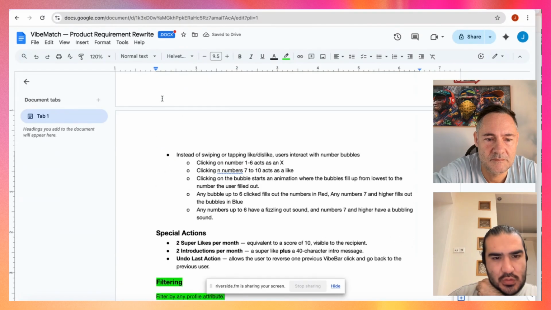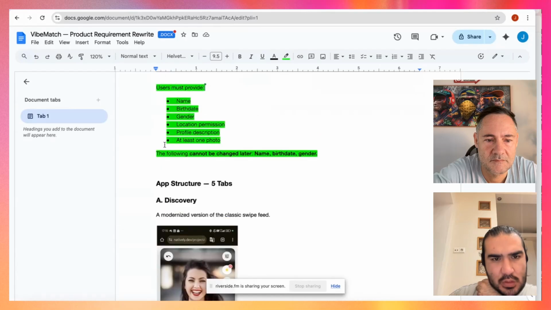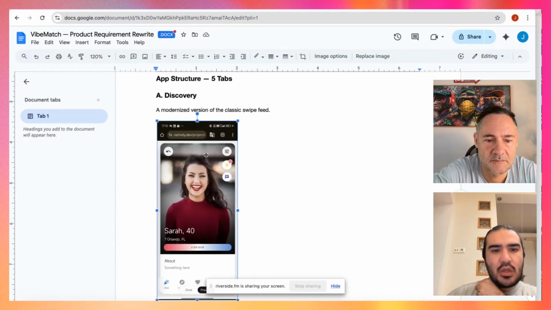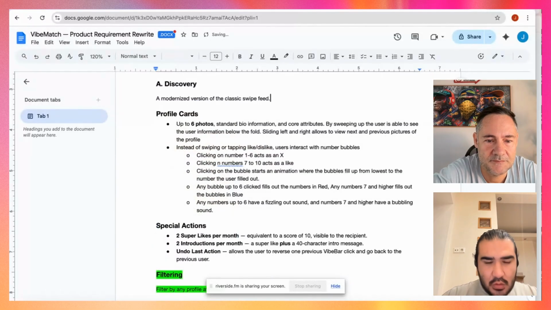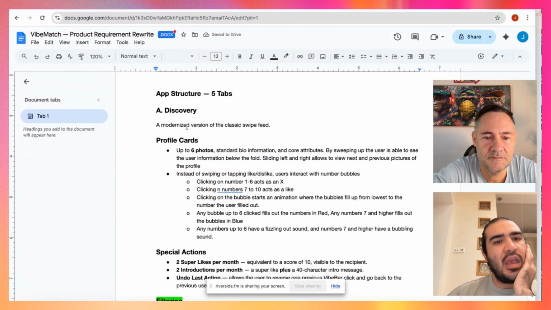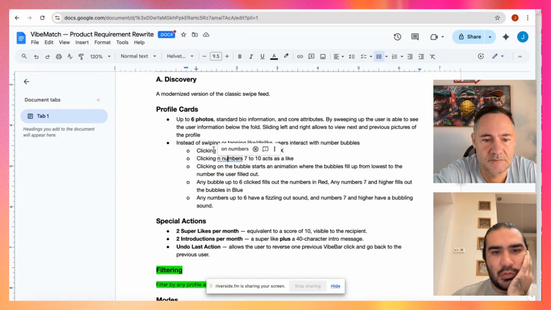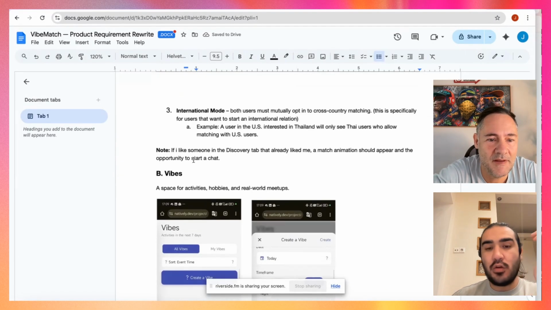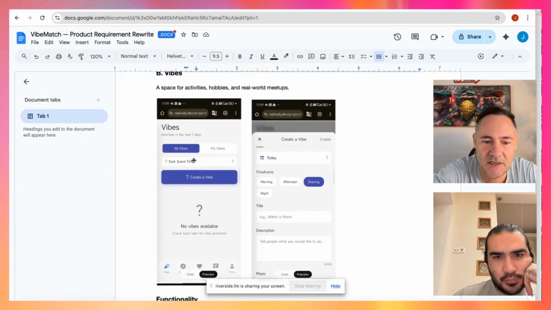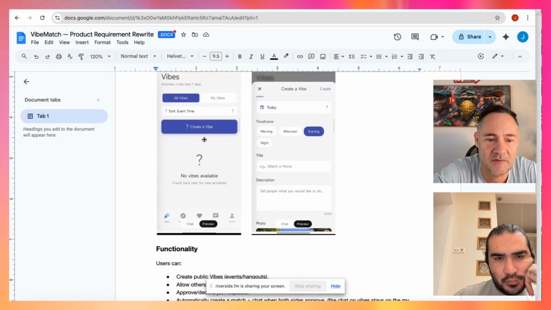Vibes. Okay, there are two options. Option A is discovery, and this is how it works. Let me just delete this for now. I have the other app, and the animation that I walked you through as far as how that works. It's just described here, but I do have an animation I can share.